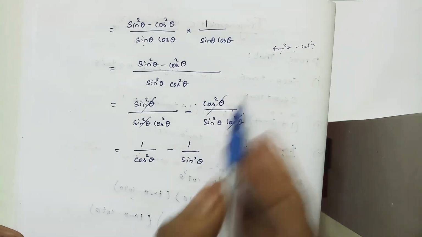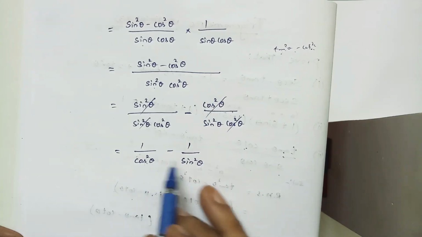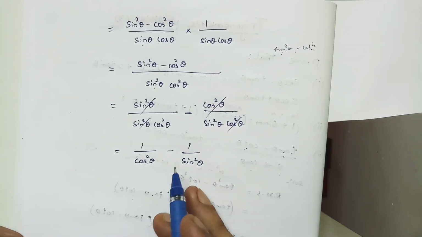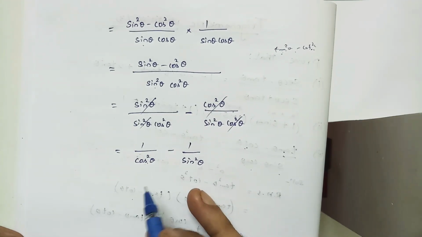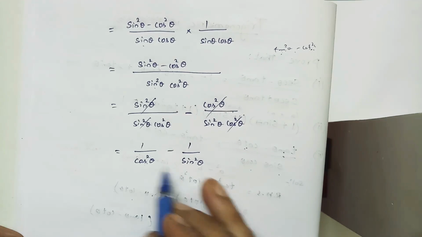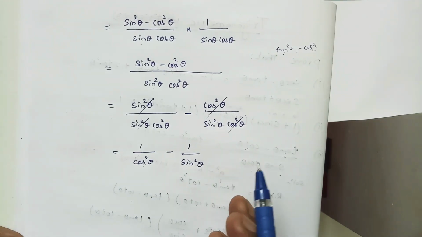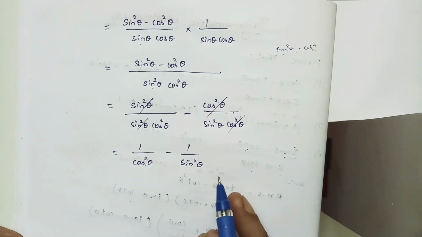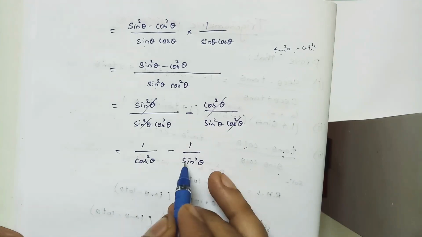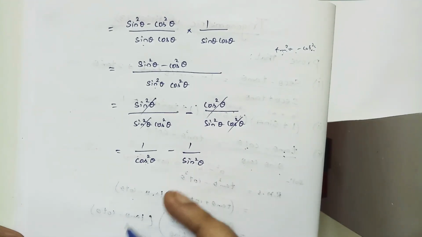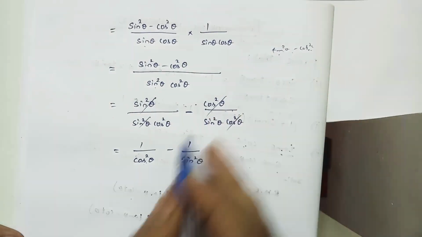Now see what we need: tan and cot, but here we have cos and sin. But we can change this cos and sin in terms of sec and cosec. Why am I changing in terms of sec and cosec? Because it is in square format, so sec square theta we can change in terms of tan square, and cosec square theta we can change in terms of cot square. That's why I'm converting cos and sin into sec and cosec. After converting, we have a chance of changing to tan and cot.